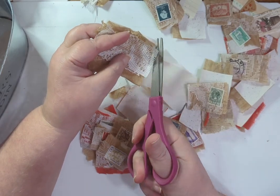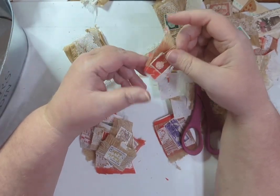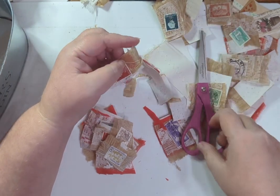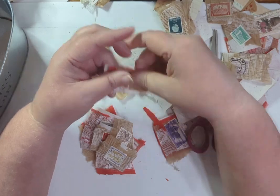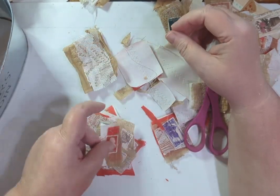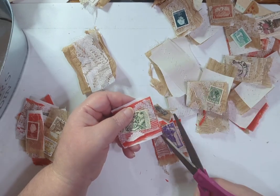So this is one thing that is always on my desk. A little project like this is always on my desk. I figure I can either throw out the scraps and move on to new projects, or I can make these cute little snippet rolls. I sell them in the shop